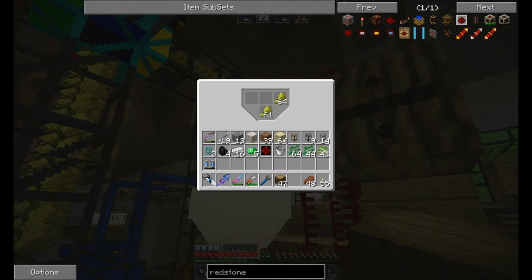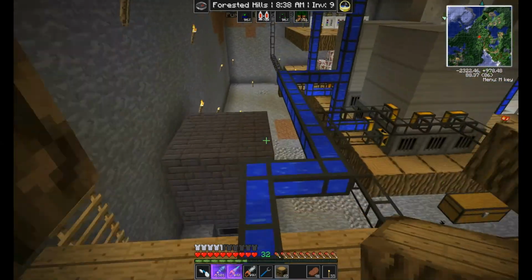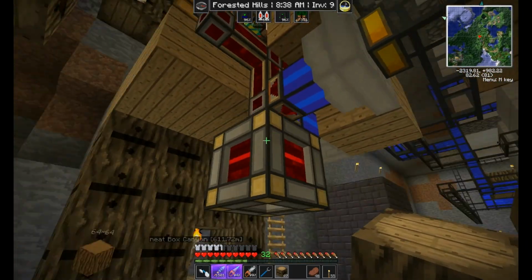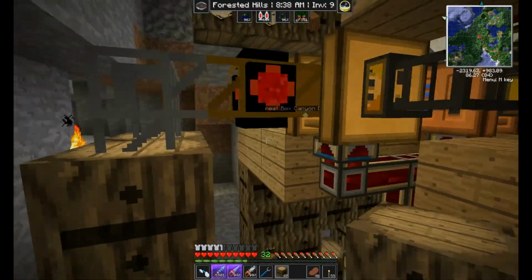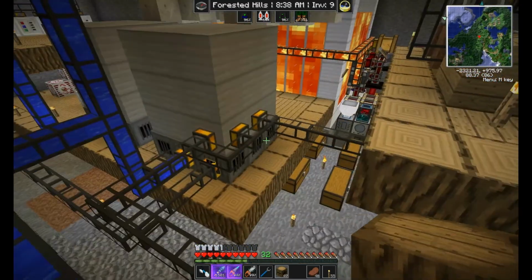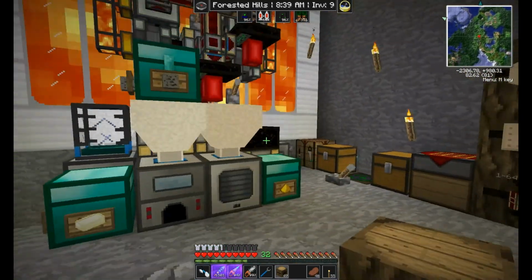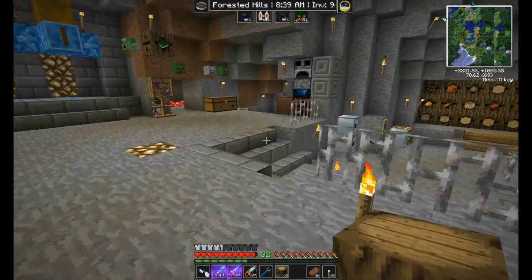Let's get you in there, you in there. So what I've done is I've jury-rigged together this fermenting system. It is using a redstone cell down here, and it's using it pretty damn fast to go through and just ferment some of this wheat to get it out of the way. So what I thought we would do is work on